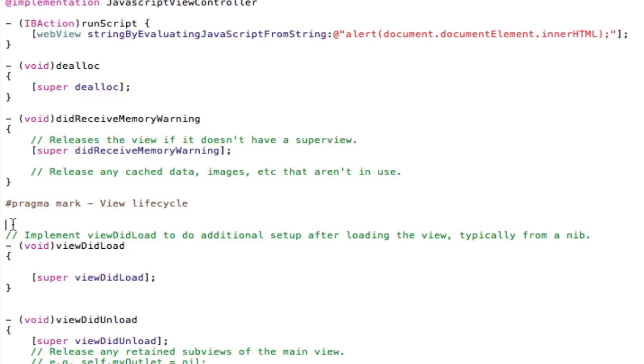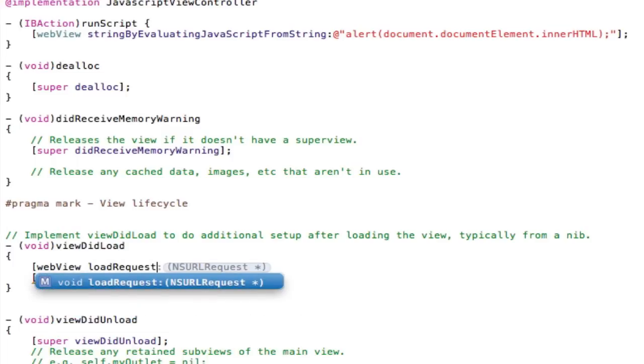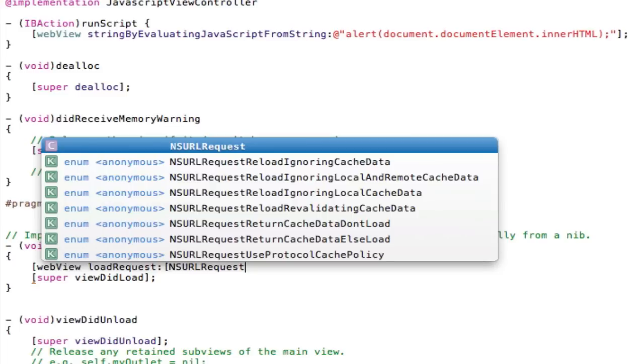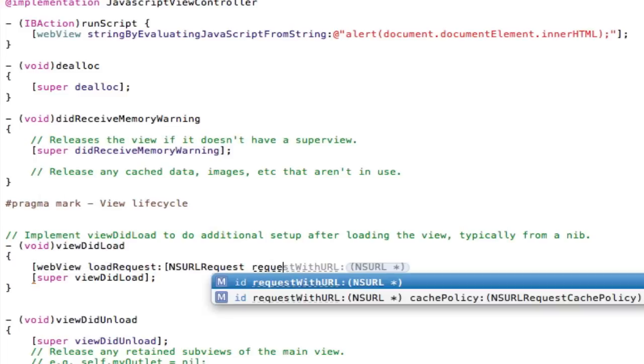Right, remove the comment markers like I just did, so that viewDidLoad is actually going to perform a task. So right under the opening curly bracket for viewDidLoad, type square bracket webView, capital V, since we are referring to the web view that we stated in the .h file. Type loadRequest, colon, square bracket NSURLRequest, capitals NSURL and R for request, space requestWithURL, semicolon,